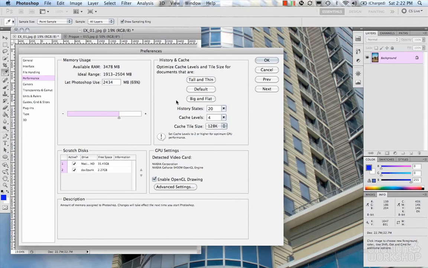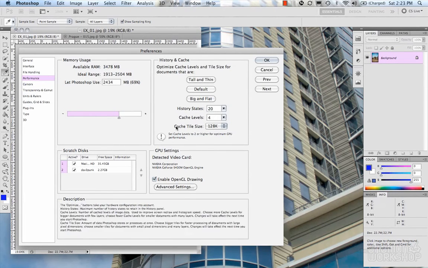So what's pretty helpful here is that in each one of these sections, when you mouse over these, you can see that down here there's a description for each one of these, which is pretty cool. For some reason I don't know why this isn't handy through all of the different preferences here, but here you go, they're in this tab. But memory usage, for the most part, Photoshop does some math under the hood to figure out how much memory Photoshop is going to use, and it maybe even takes into consideration your documents and stuff like that. But for the most part, it gives you some defaults or some suggestions,